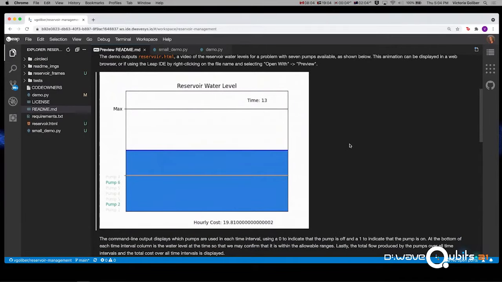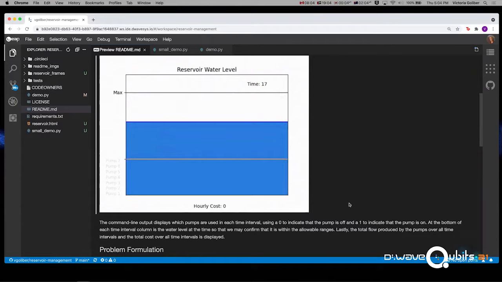Again, we have some consumer demand. We have pumps that we can choose to turn on and turn off. But we also have additional constraints, like the water level can't go below a minimum value, and it can't go above a maximum capacity value. We also have a lot more time slots. The costs fluctuate throughout the day because power costs fluctuate throughout the day. So it's a much more complex version of the simple example that we just saw.